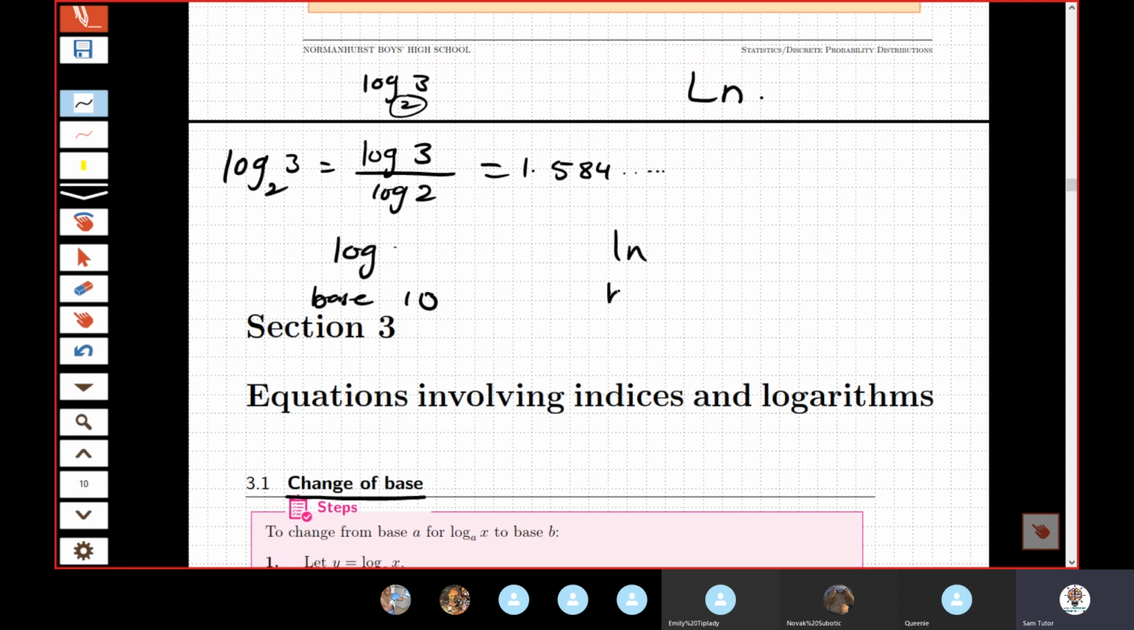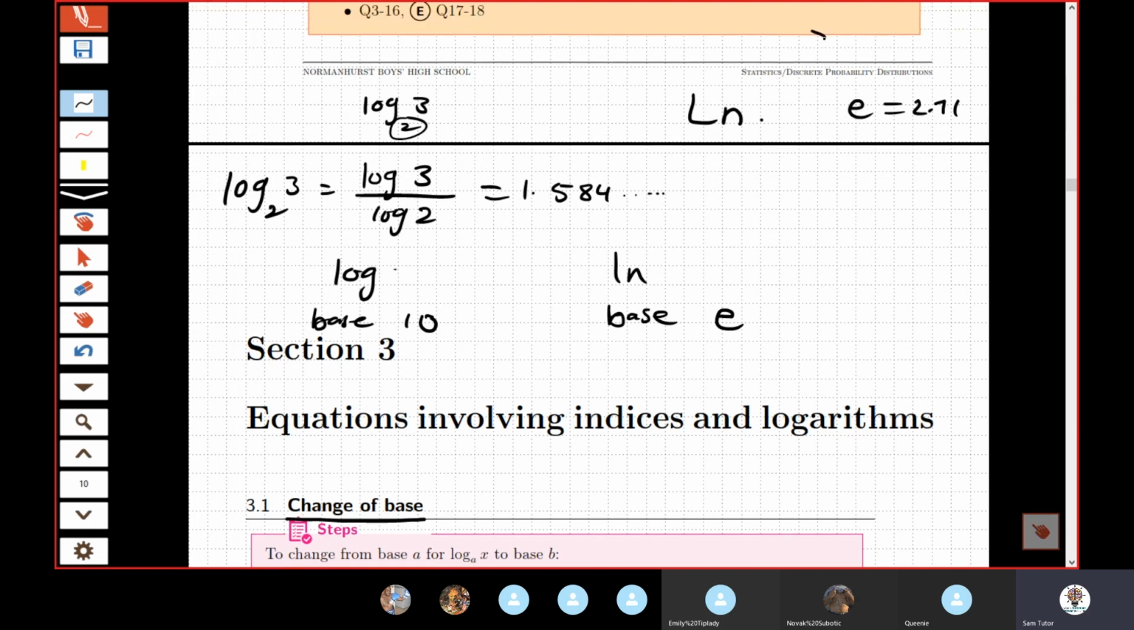ln, however, has a base e. It's your log with a base e. Now, e is a number. If you want to know what e is as a number, it's just like pi. So e is, I think, 2.71. You can just press shift